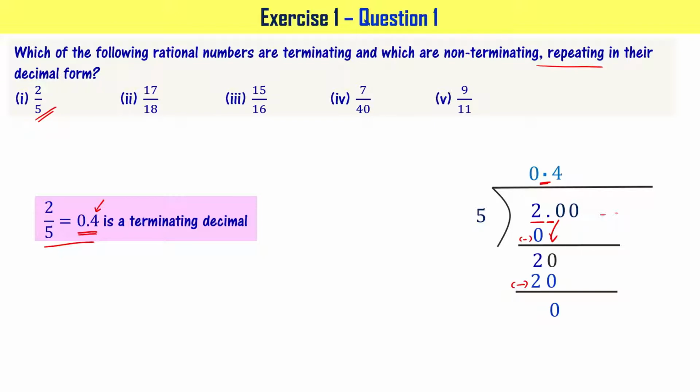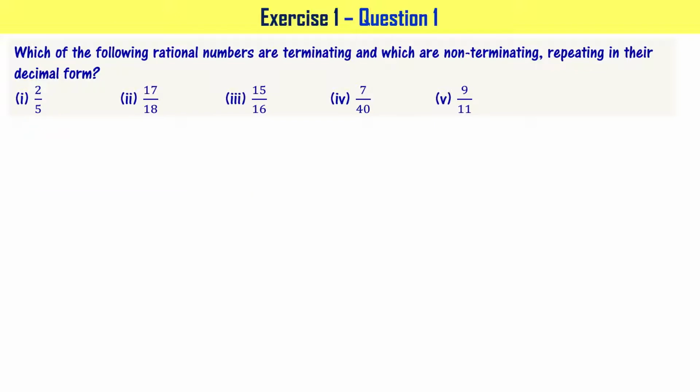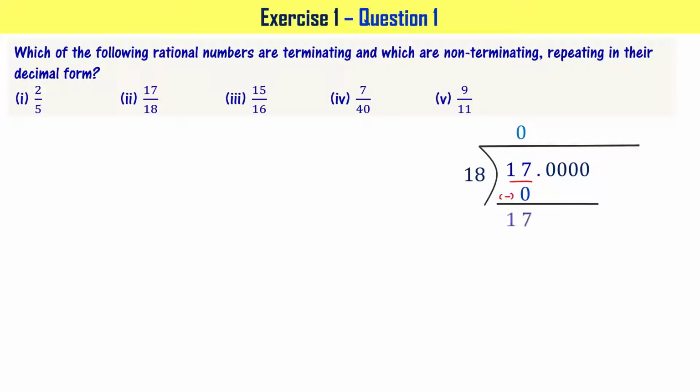Now let's look at the second part of the problem, that is 17 by 18, right? So let me write 17 as 17.0000 and so on. And let me write 18 as shown here. As you see here, 17 is smaller than 18, right? That's why I'm saying 0 times 18 is 0. When I subtract 0 from 17, I get 17 as the answer. Now we have dot here. It means we have to put a dot in the quotient also, right?